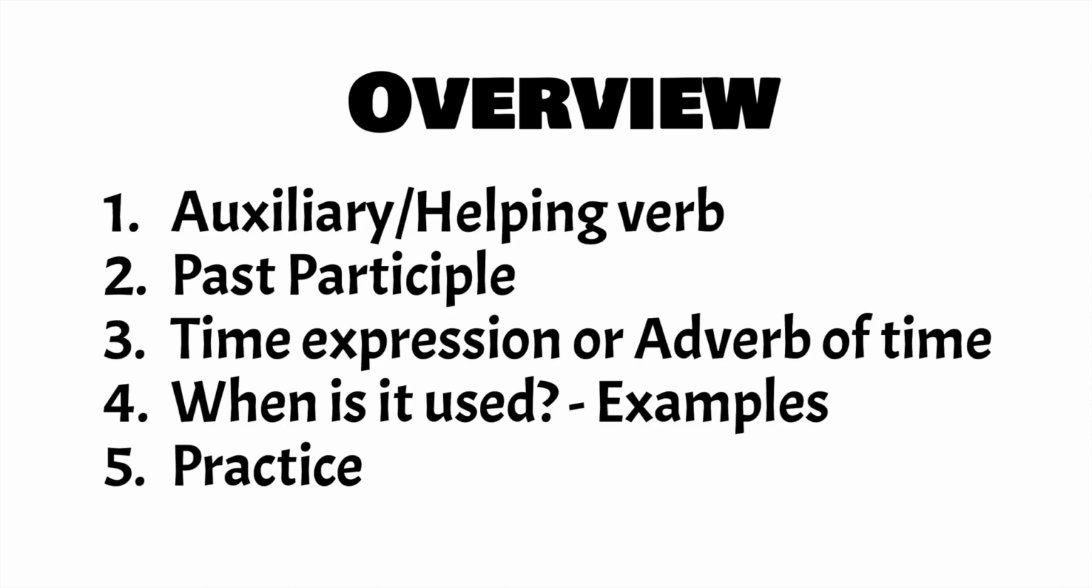So in this lesson, we're going to take a look at first the auxiliary or helping verb that we use with the present perfect, the past participle. Then we're going to look at the time expressions or adverbs of time that we use with the present perfect. Then we're going to look at when it is used, and we're going to look at some examples, and then we're going to have an exercise at the end. So first stop,